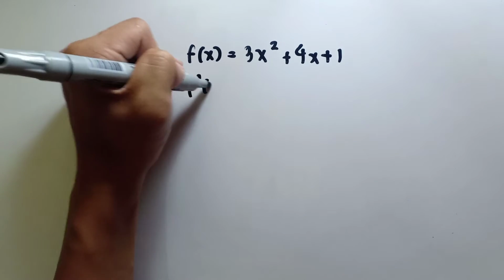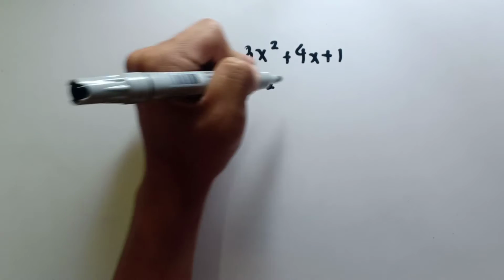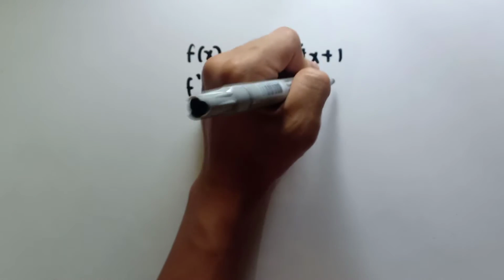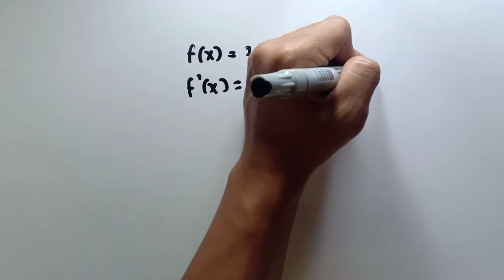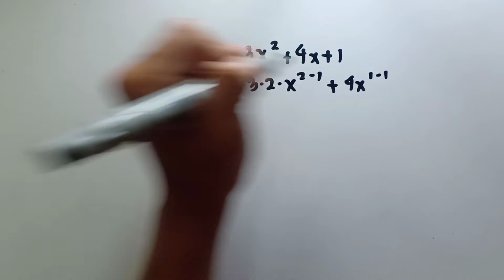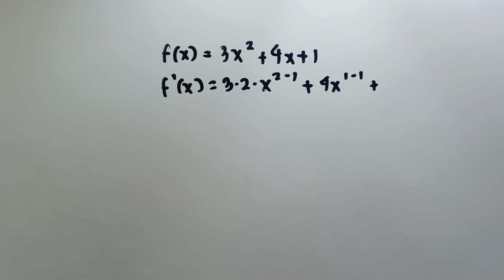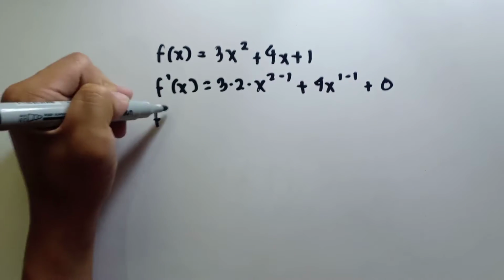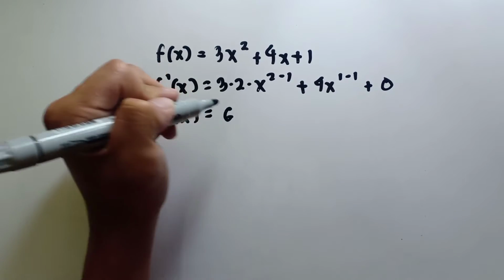So f prime of x is equal to 3 multiplied by 2 multiplied by x, 2 subtracted by 1, plus 4x, 1 subtracted by 1, and the derivative of a constant is just a 0. So f prime of x is equal to 6x,